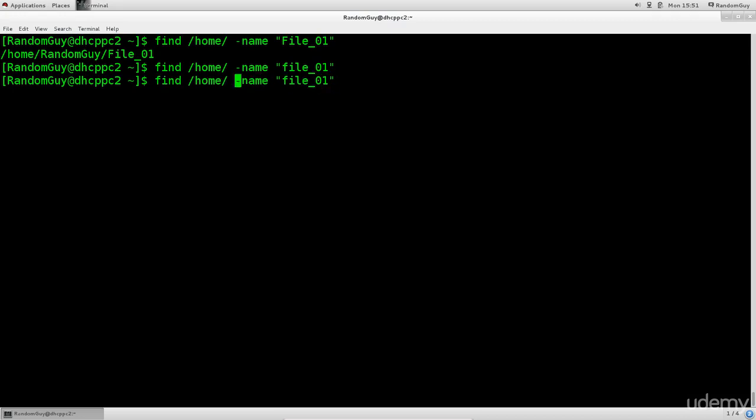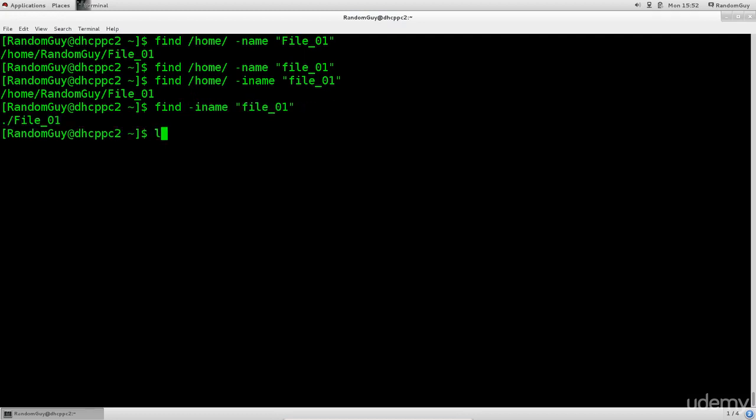If you want to ignore the case, the usual argument for commands which deal with text is -i. So you just add -i to the name, and you see it has indeed found it. Usually -i is to ignore something, generally in all commands. Anyway, I could have just said, if I don't specify a folder path,